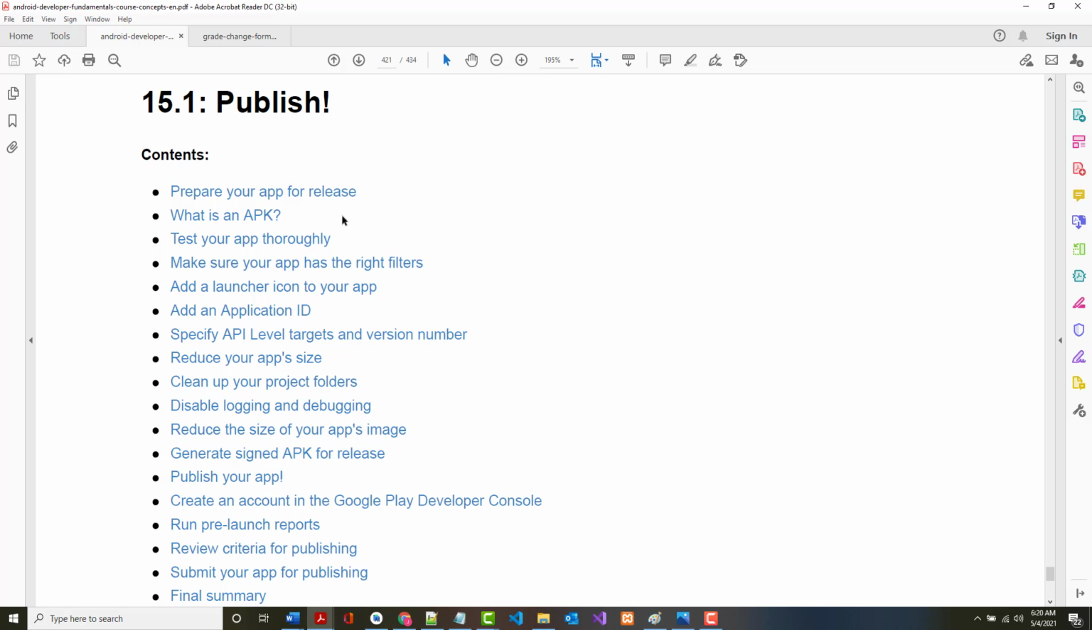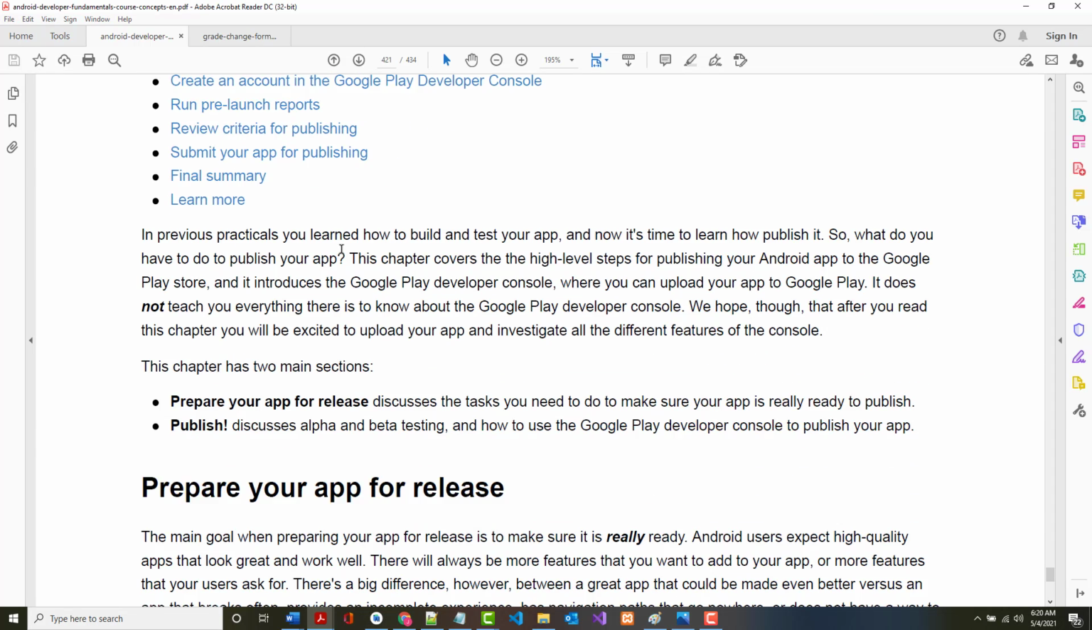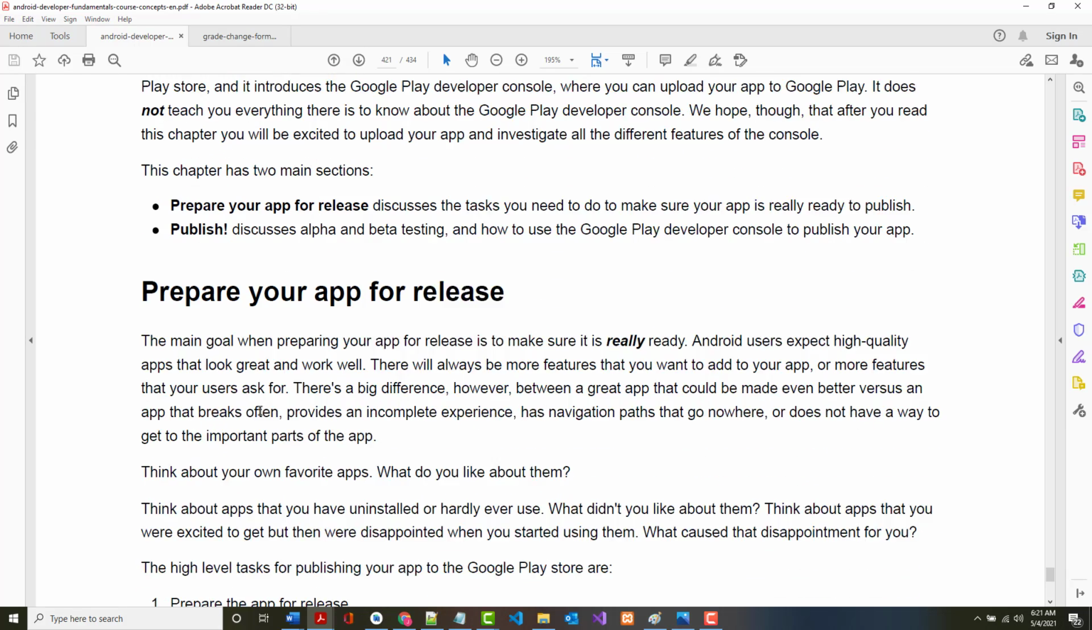The key points in this chapter should still be the same. The chapter is really broken up, as it says here, into two main sections: preparing the app for release, and then the steps you have to go through to actually publish it. All right, so